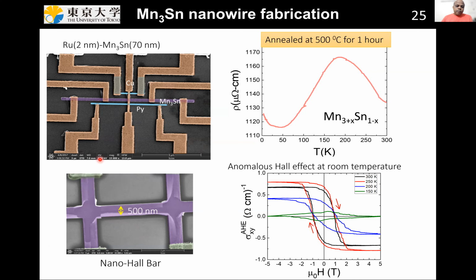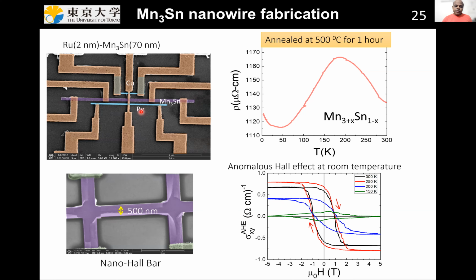But if you measure the resistance of this nanowire as a function of temperature, then you will see it behaves something like this over here. And this is the typical behavior of a slightly off-stoichiometric manganese 13. People have seen this kind of behavior also in bulk samples. So making a very good quality manganese 13 nanowire is very, very experimentally difficult. Actually, I spent almost 1 year optimizing this nanowire to get this anomalous Hall effect. So right now we know that this is slightly more reasonable quality manganese 13.